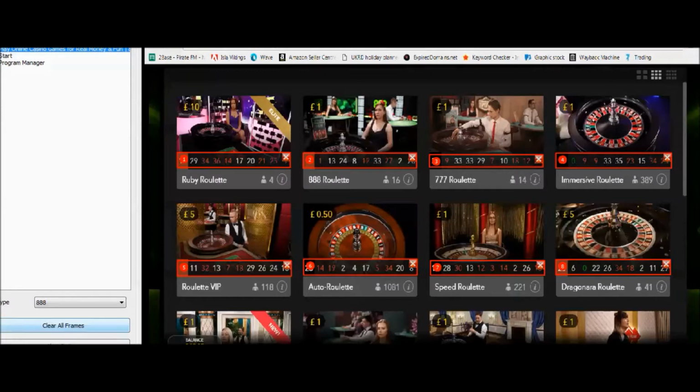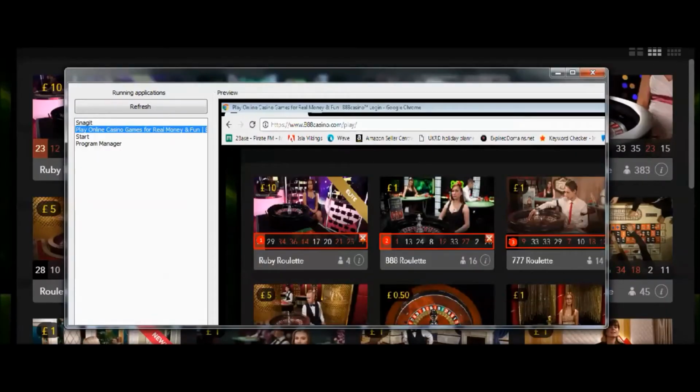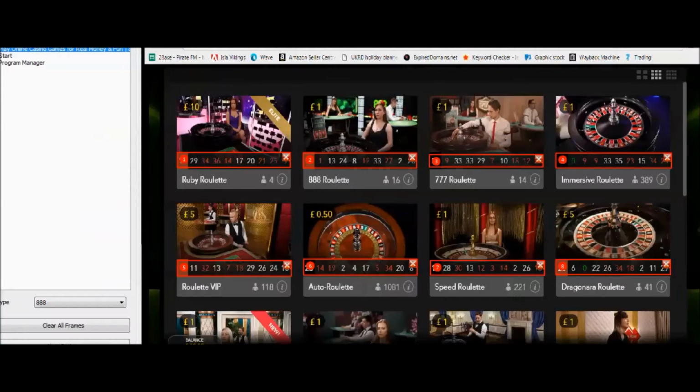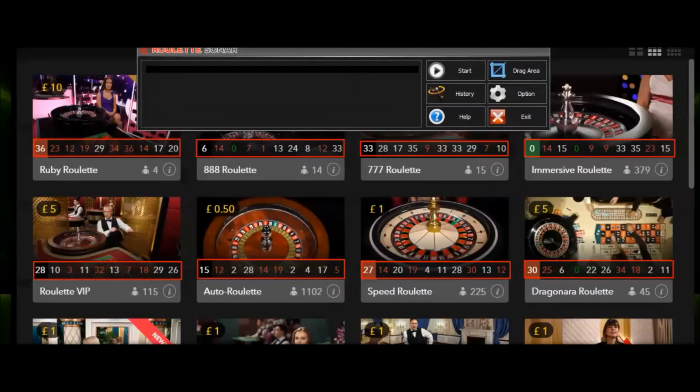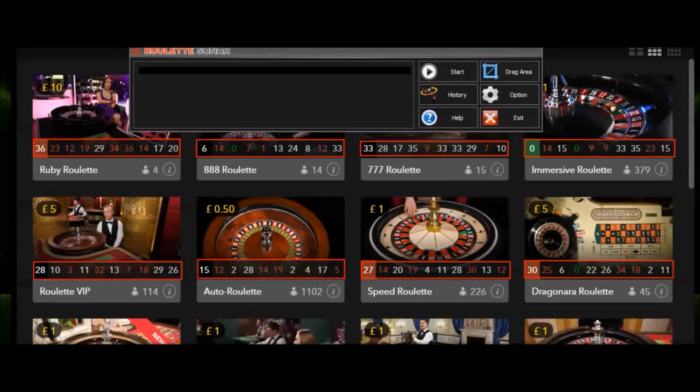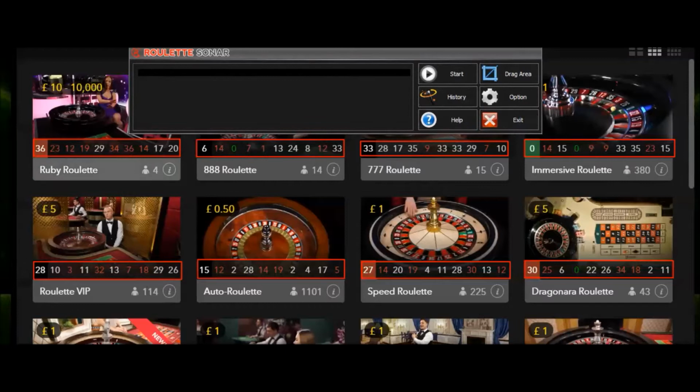Once we're all ready, you can't see it here. Let me see if I can, there you go. I can't show you it because of the size of the screen. I'm sorry about that. Let me just scroll down and I can actually press OK, and now we're ready to go. What I do then is I move the Roulette Sonar frame out of the way of these red boxes